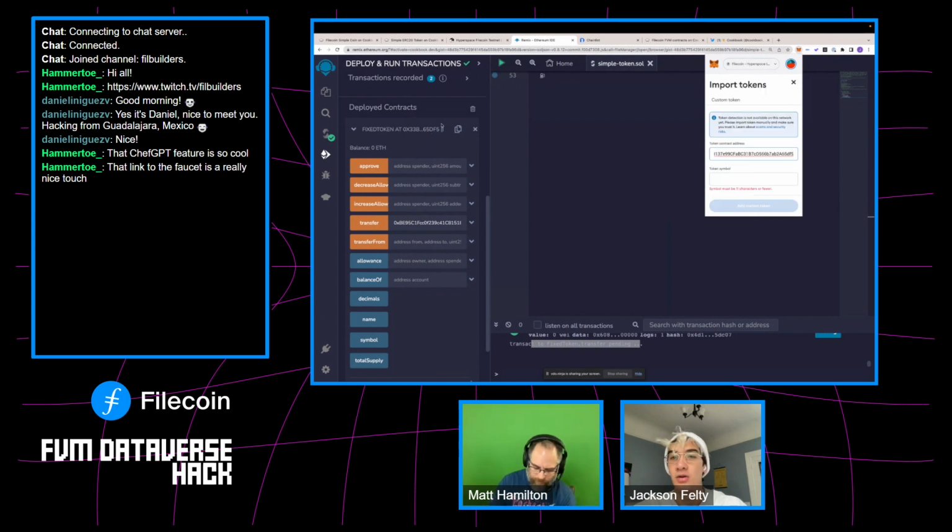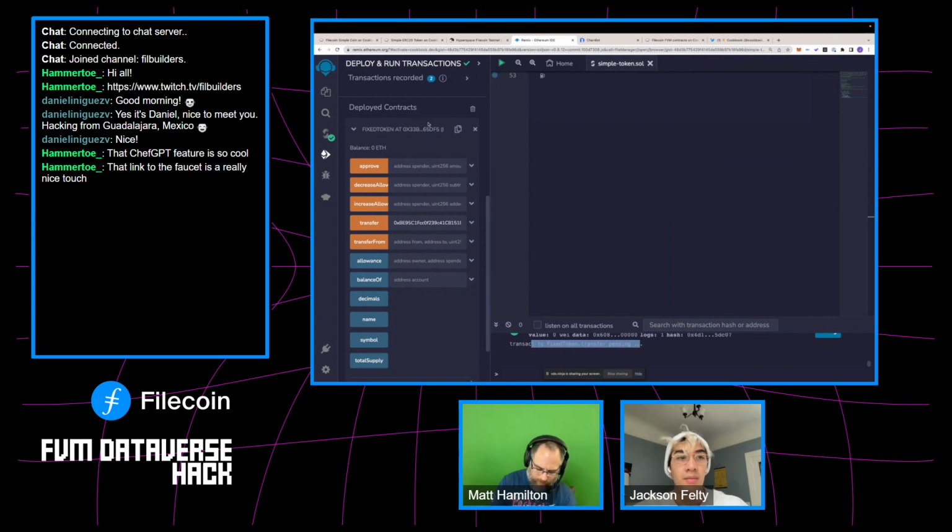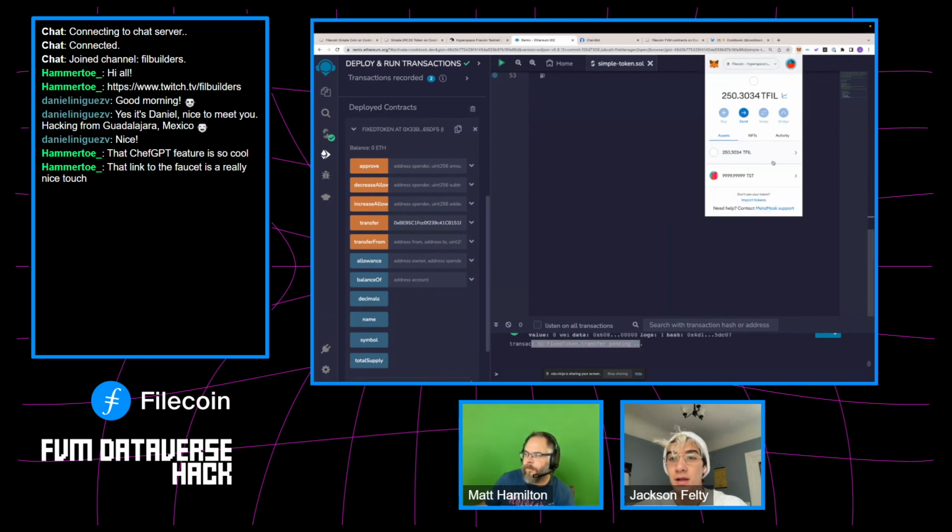And if I paste in, so what I did right there is paste in this contract address, import token, bring it in, and oh, the token symbol is too long because I named it test Filecoin. But if I just give it a new symbol, and I know that decimals are 18, if you named it correctly in adherence with naming standards, then this should just autofill. So that was my bad. But there we go. I can go ahead and import those tokens,